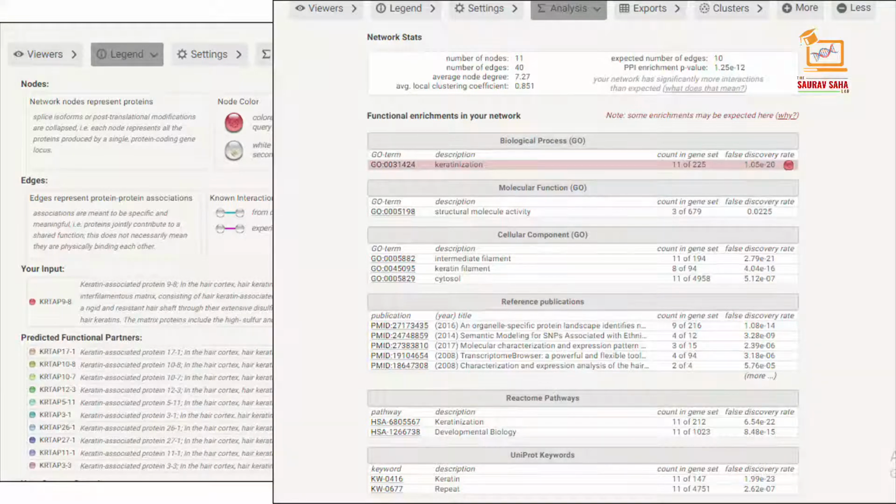The clustering coefficient is a measure of how connected the nodes in the network are; highly connected networks have higher values. The expected number of edges gives how many edges are to be expected if the nodes were selected at random. There is also an enrichment analysis for a gene.